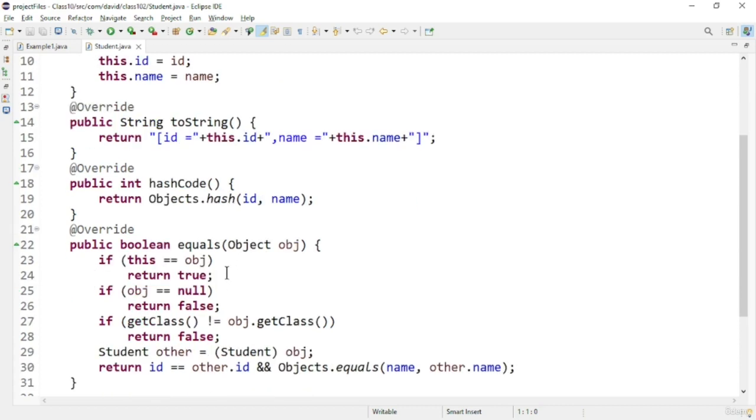And the next method is the toString method, which I am overriding and printing out the particular values. This will return you a string representation of the particular class. So when you do system.out.println, at that time this toString method will be invoked automatically. Next method is